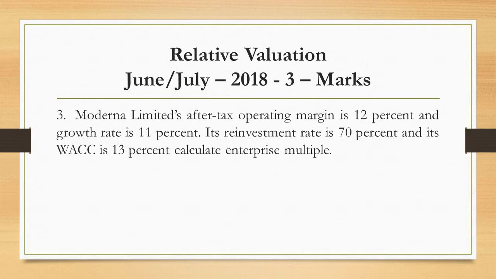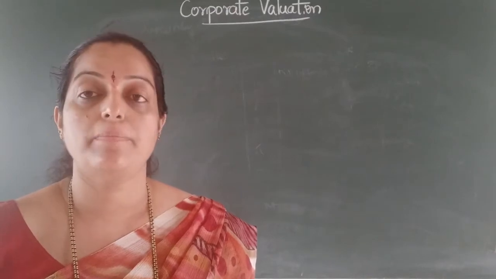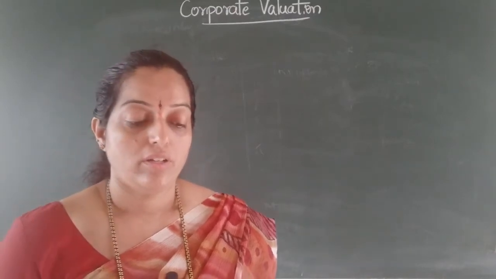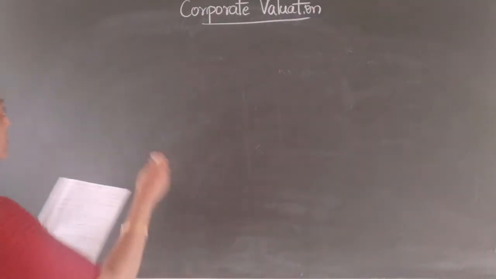Moderna Limited's after tax operating margin is 12% and growth rate is 11%. Its reinvestment rate is 70% and its weighted average cost of capital is 13%. From the fundamental point of view, calculate Moderna's enterprise multiple. So what they have given is